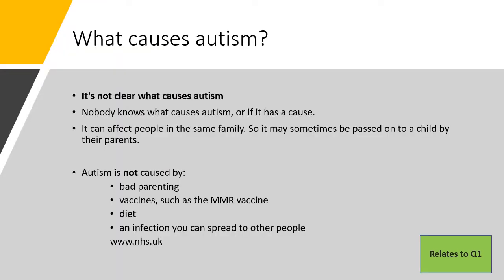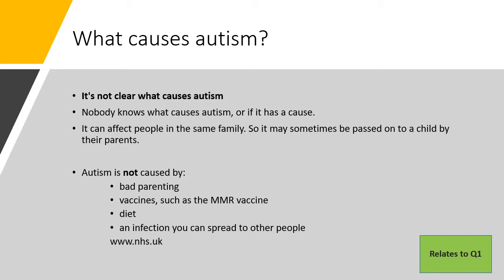So what causes autism? Well, actually, it's not clear what causes autism. Nobody knows what causes autism, and it might not even have a cause. It can affect people in the same family, so it may sometimes be passed on to a child by their parents. But what autism is not caused by, and it's really important to have an understanding of these points,